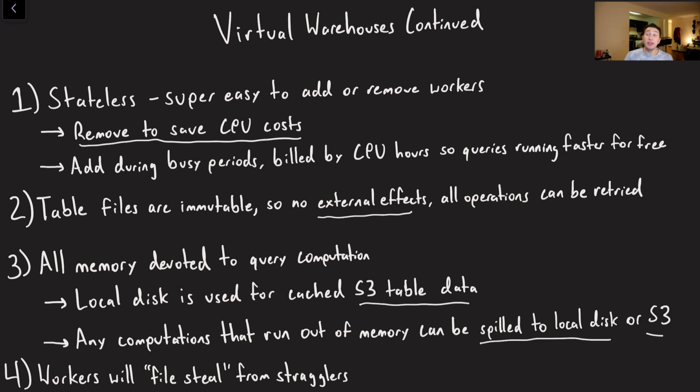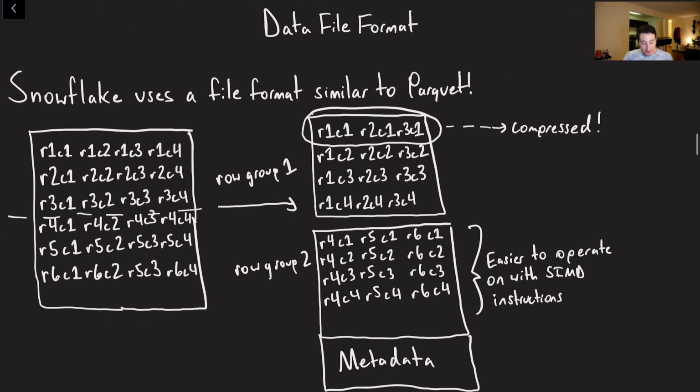And so if this is the case, what these workers will do is they'll say, okay, I finished my task. Can I steal any work from the guy who's being really slow? Maybe you can offer me one of the files that you haven't read yet. The slow guy will then say, oh yeah, for sure, go ahead and read that. And then the worker that stole that file will now go to S3, do the work themselves, and send all of that result downstream.